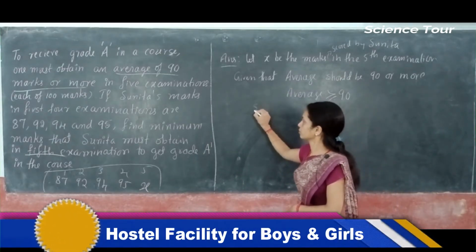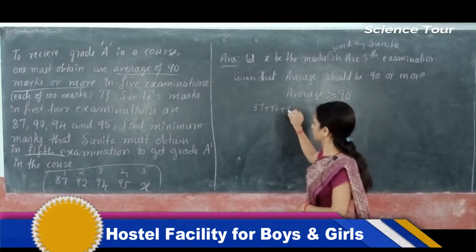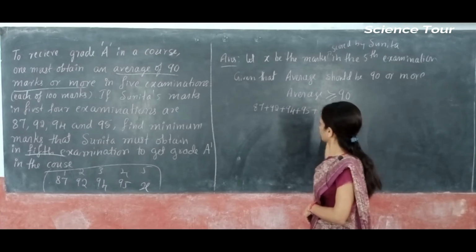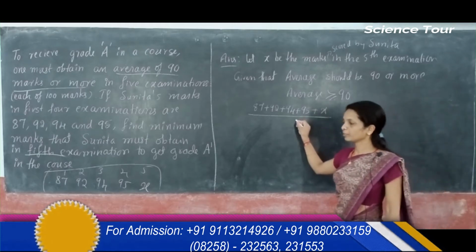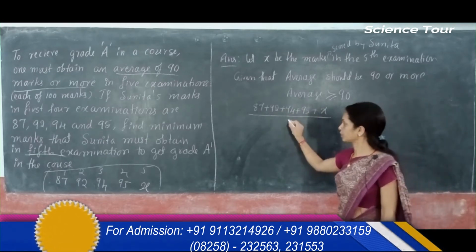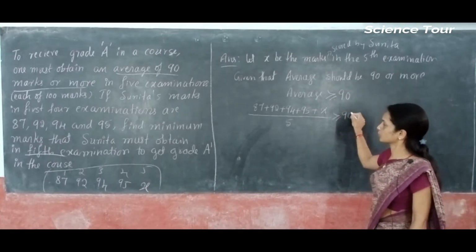So we do that here on the left side: 87 plus 92 plus 94 plus 95 plus the fifth examination mark x, unknown, we have to find. Dividing by, there are 5 examinations, right? So the total of that divided by 5 is greater than or equal to 90, that you have to carry, and you